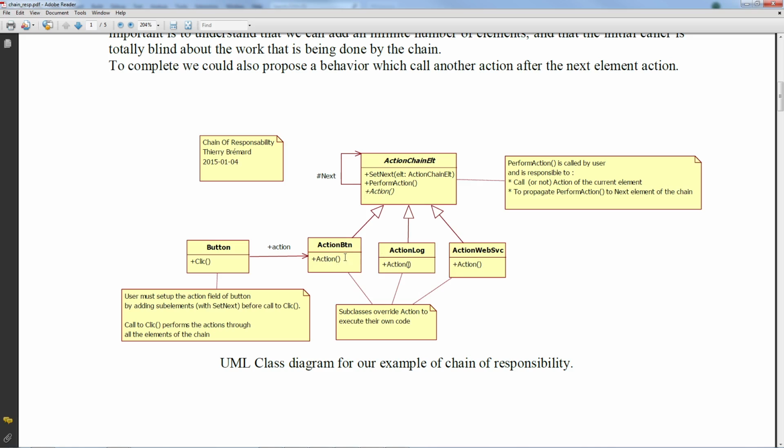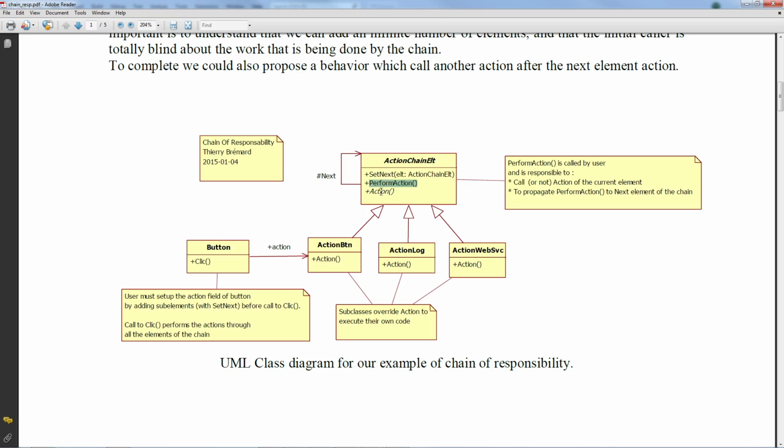For example, if there is a next element, you can perform your own action and then call the next one, or you can also say that in your software you will inhibit your action and give the priority to the next one.